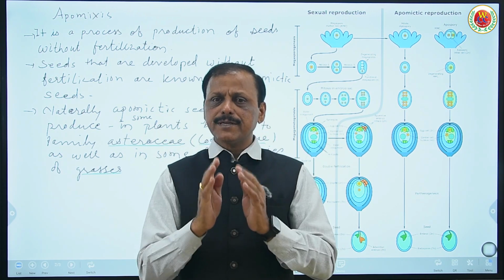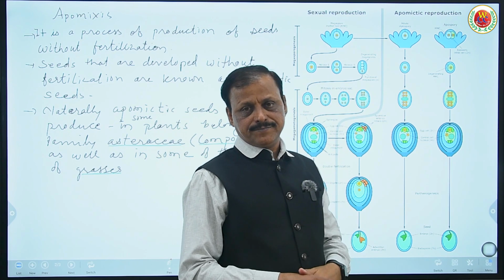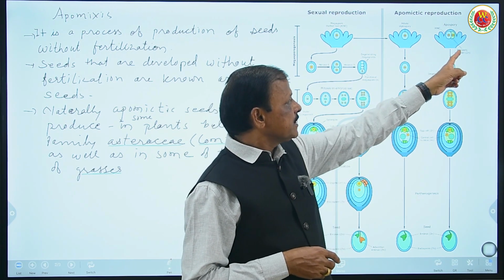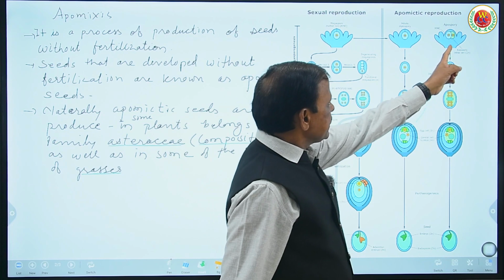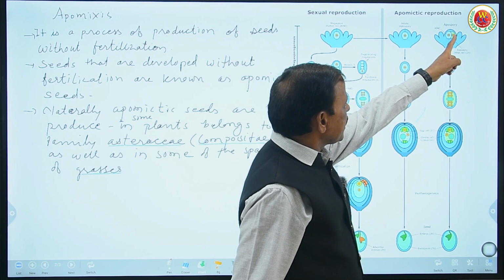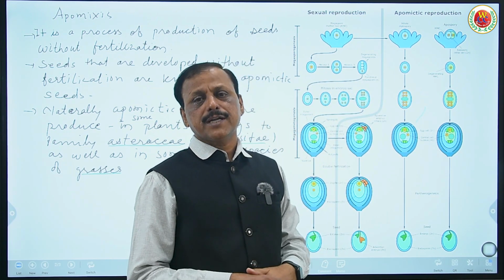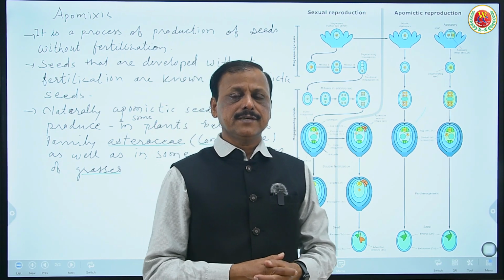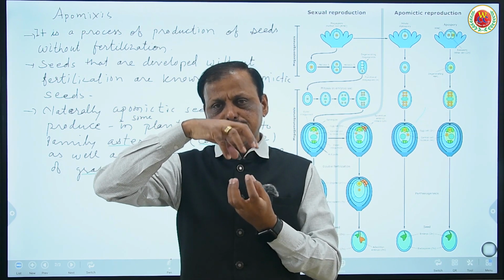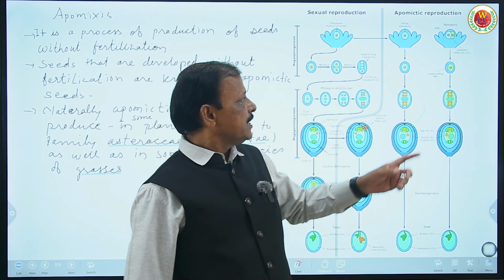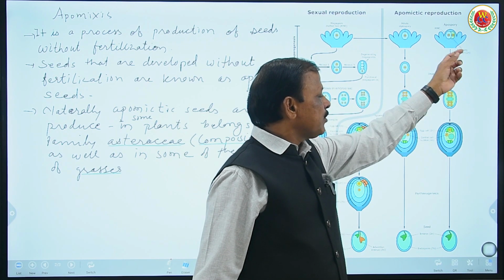So to maintain those two desirable characters together, the seed has to develop without fertilization, from a nucellar cell or cells other than the zygote. Here it is shown as apospory: the development of an initial diploid cell around the megaspore mother cell. The megaspore mother cell is supposed to undergo meiosis, but it is not allowed. That is arrested artificially by using acetylcholine. Acetylcholine won't allow the spindle fibers to form, and therefore there will not be a meiosis, and that megaspore mother cell will remain as it is, or the cell just neighboring the megaspore mother cell, that is diploid 2N,